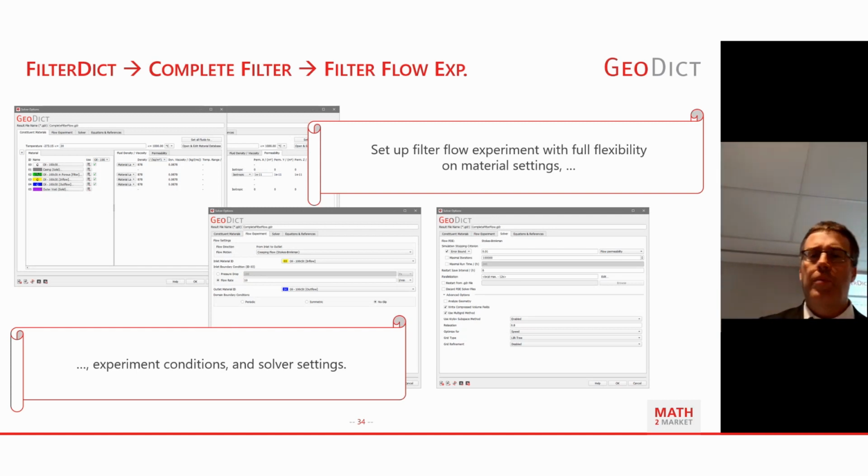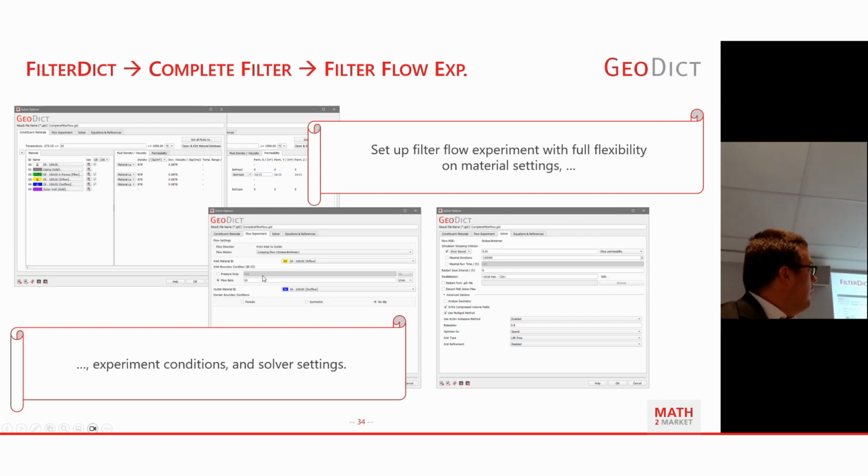You have full control over material settings. You don't need to change the constituent material if you just want to change the permeability, for example. You can do that here because then it's a parameter in our flow command and easy to change in the parametric study.